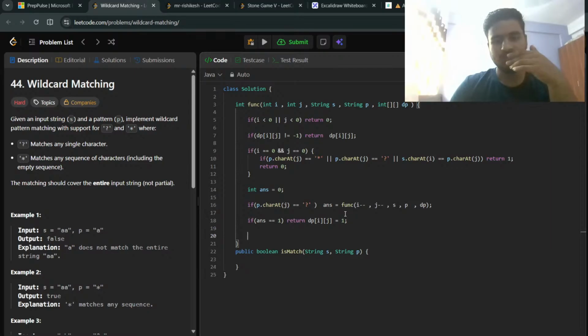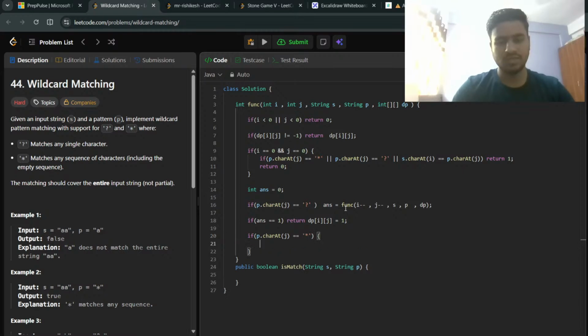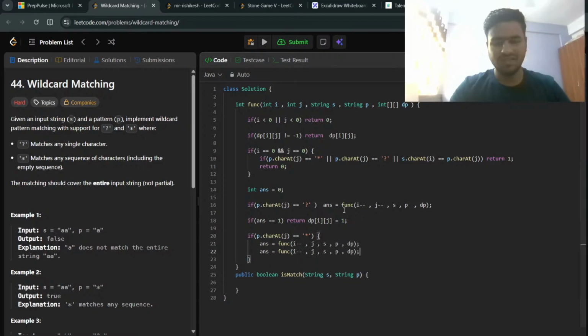Otherwise, if p dot charAt j is equal to star, then in this case we have two options. Then answer equals to function of, whether it could be i minus minus, j, got it? Or whether it could be